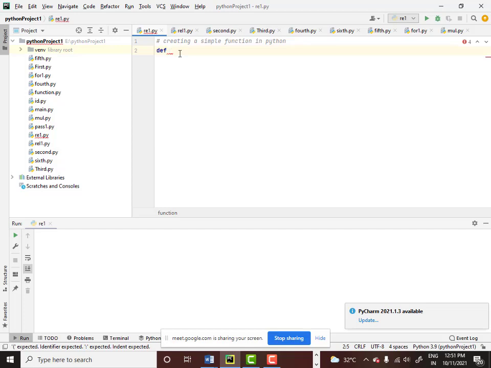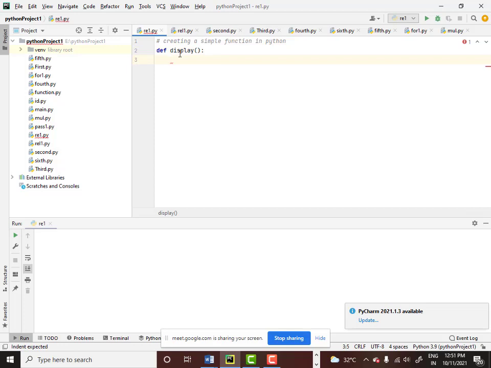DEF stands for define, and every function will have a name. You saw the print function had a name, it is print only. The int function had a name, it was int only. Now you are creating your own function. Let us call your own function display. I'll write def display, open bracket, close bracket, and give a colon.